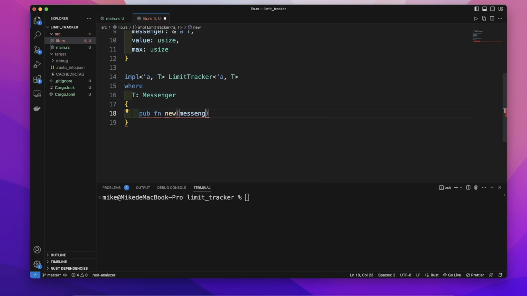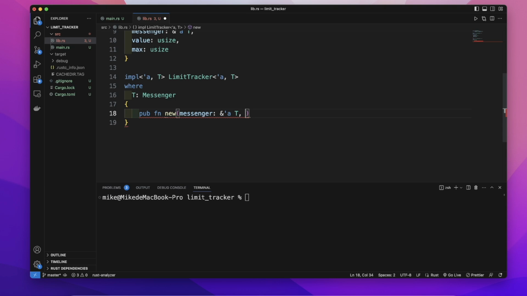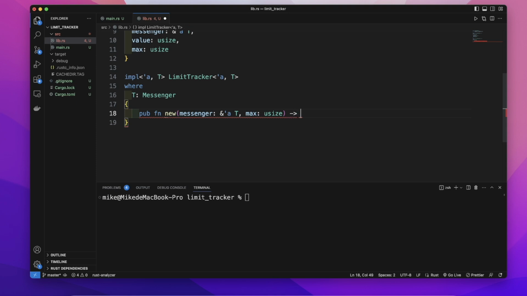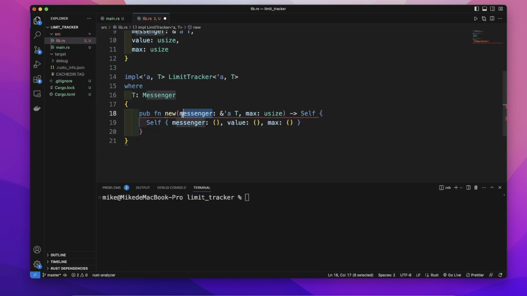First is messenger, and the type is &'a T, and second is max, and the type is usize, and it will return Self, and this Self type just means this LimiterTracker, and then we need to return this Self, and because this parameter name is the same name as this messenger field, we can remove this, and this max is also the same, so we can remove this,